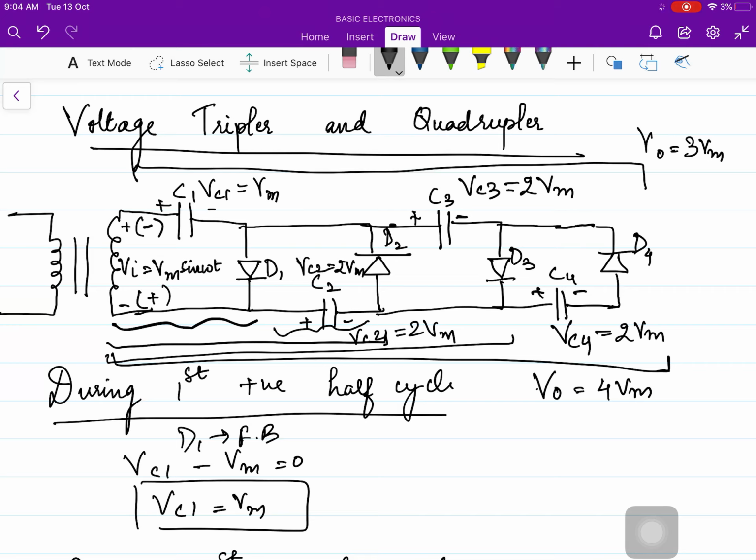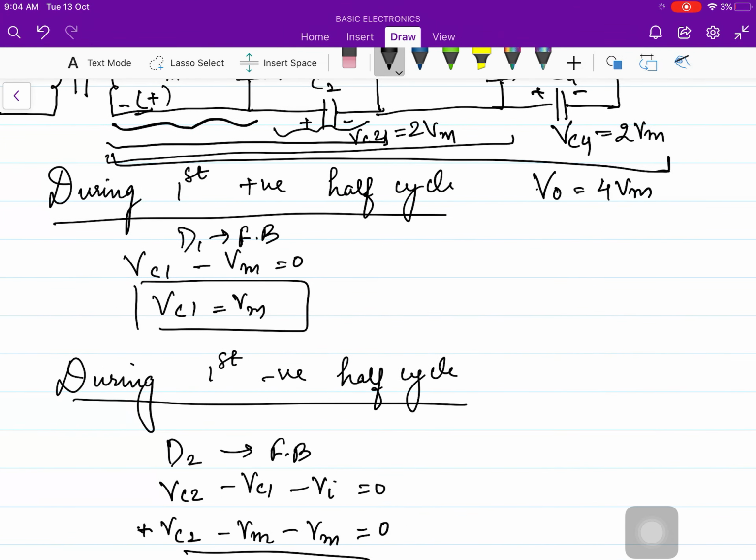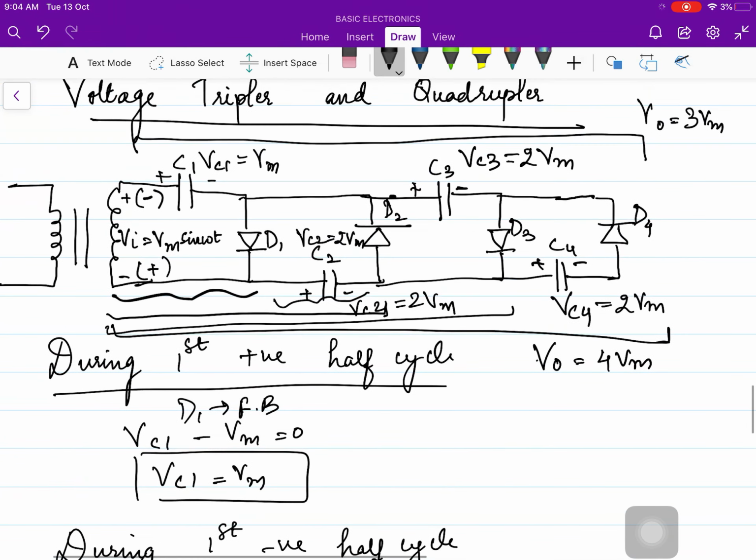When you are applying a voltage quadrupler or analyzing it, you need to remember one thing, that you need 4 peak circuits for it. When you are studying a voltage tripler, then you need 3 peak circuits for it. And 1 peak circuit is equal to 1 capacitor and 1 diode. So here we have placed 4 peak circuits in order to reach up to voltage quadrupler. So this is how we get 4 Vm, 3 Vm, 2 Vm and so on.